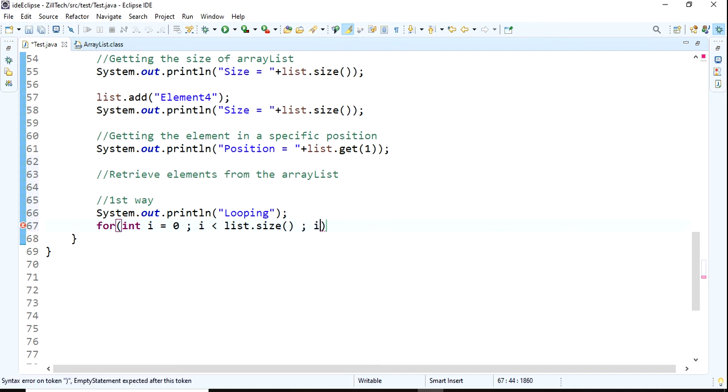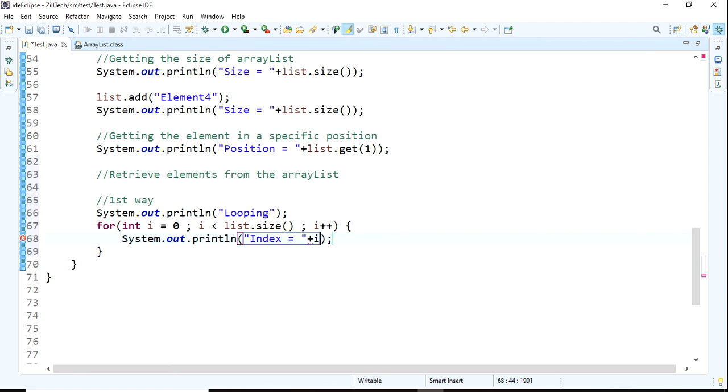Next, increment the i. And we already know the method get; we need to pass the index and it will automatically print. System dot out, I want to write index equals plus i, and next I want to print the item.